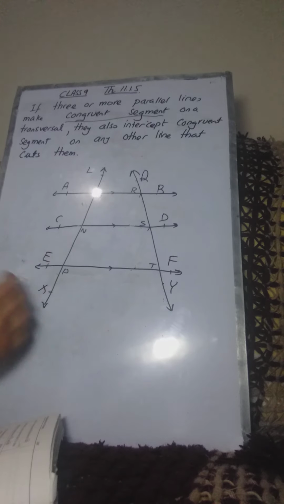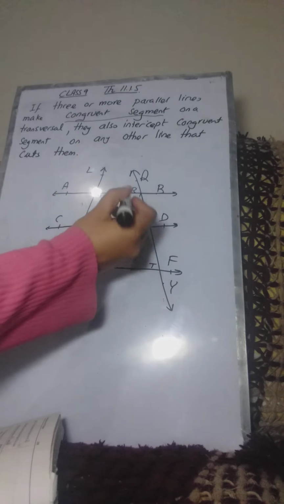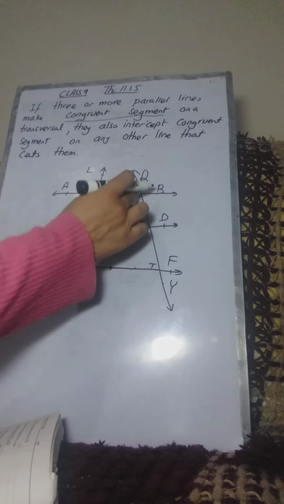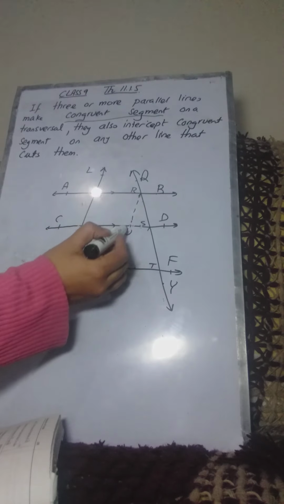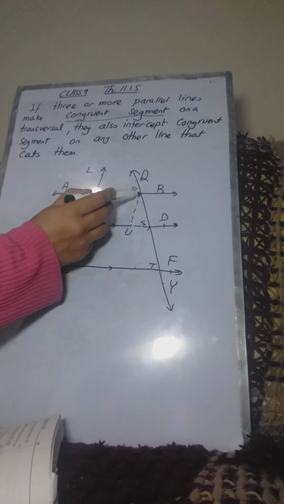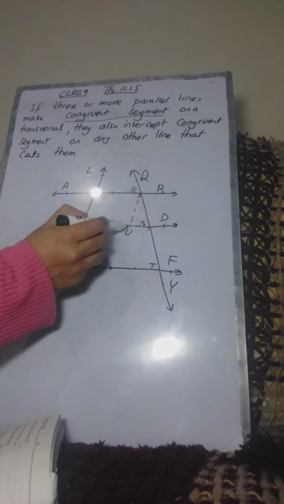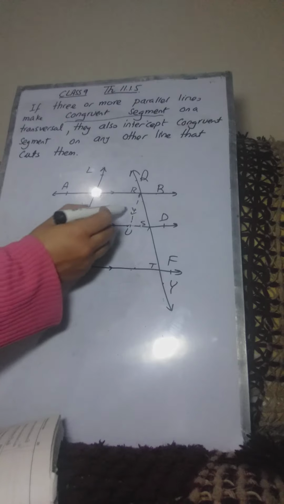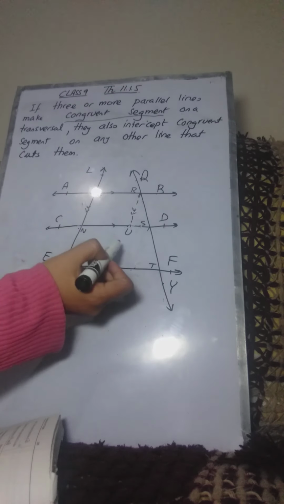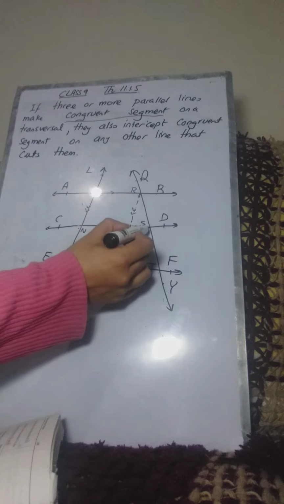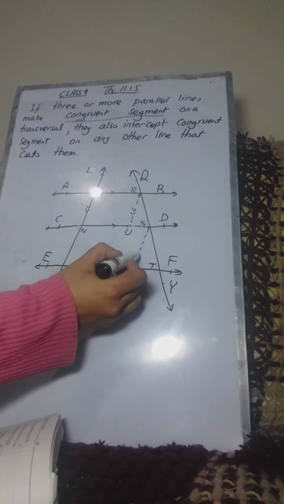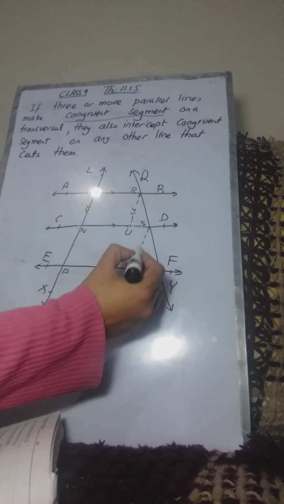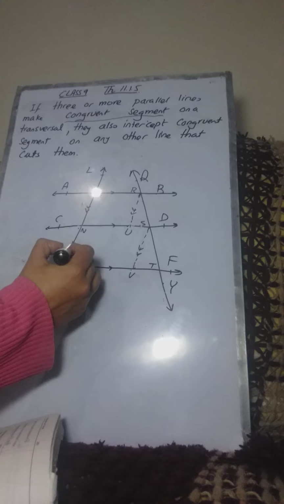The summary of the theorem is that we are going to construct two lines. First, we will construct a line RU from the point R, such that it becomes parallel to MN. These will be the two parallel lines, RU parallel to MN. Similarly, we will make one more line SV, and we construct it in such a way that it becomes parallel to NP.